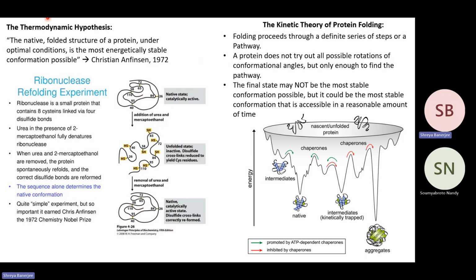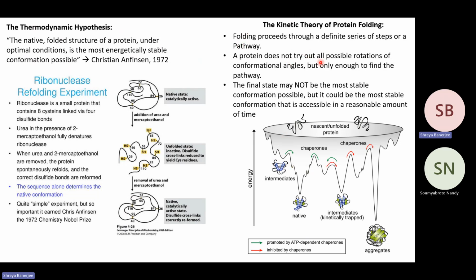So that was the thermodynamic hypothesis, which said the native folded structure of a protein under optimal conditions is the most energetically stable conformation. So always the most energetically stable conformation, that is the native conformation, is going to be formed. And there is also something called the kinetic theory of protein folding, which says that folding proceeds through different steps,